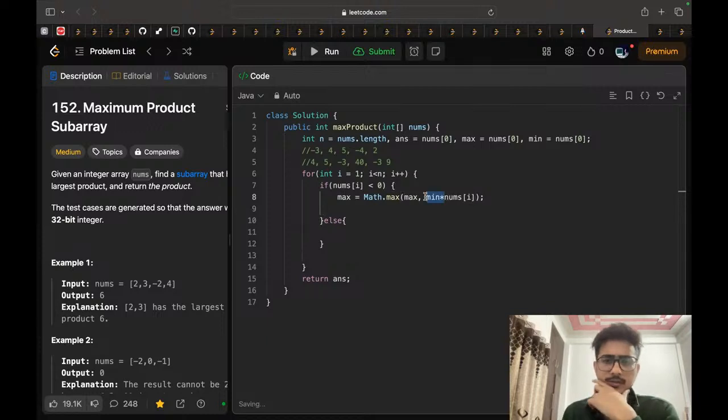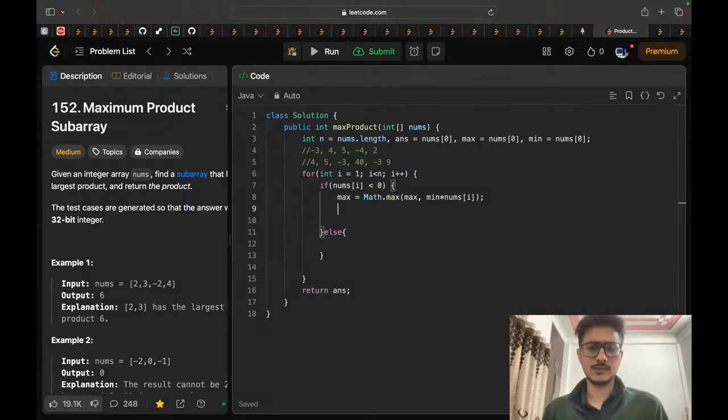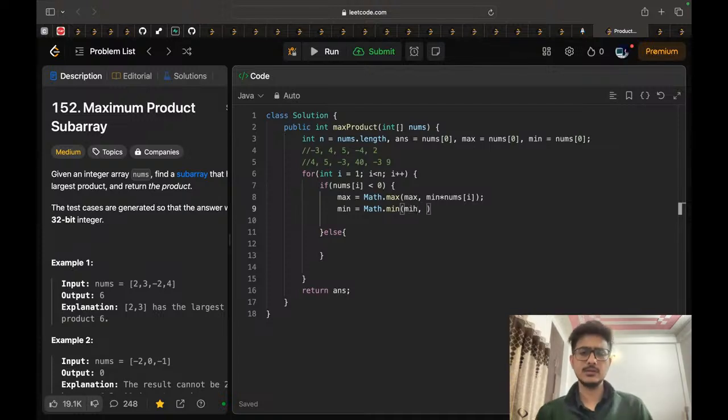Means this is the current minimum till now we have. We can update minimum as minimum and